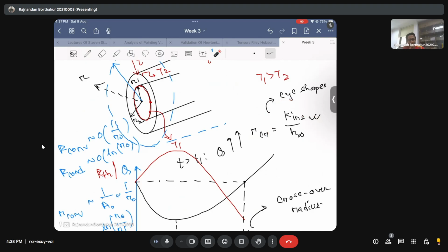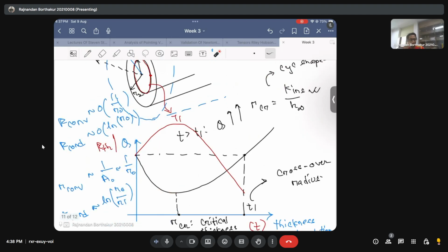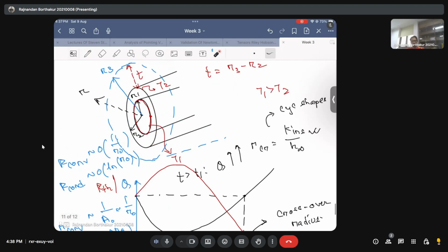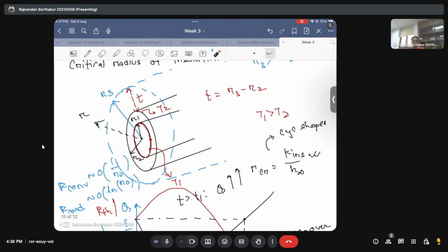That's an easy exercise that you can do, and you can then show that this minima, because that's how you calculate minimas of a curve, right? So you can show that this minima is going to be K by H naught for a cylindrical geometry. Okay, so that's the idea behind heat transfer in cylindrical geometries, and how this critical thickness of insulation works, why